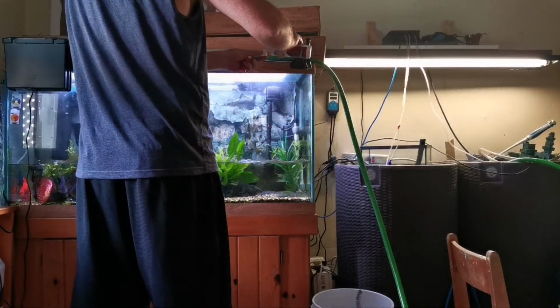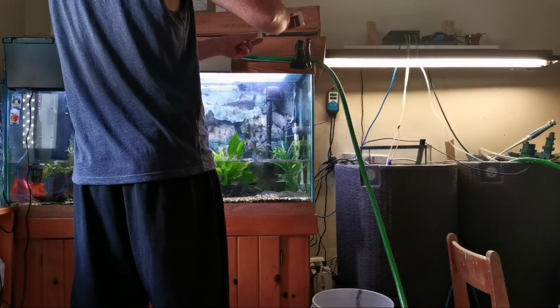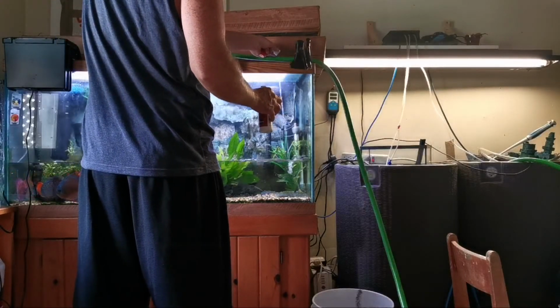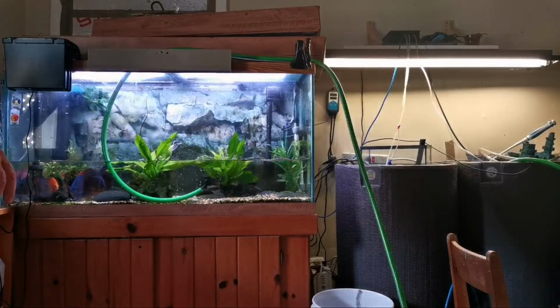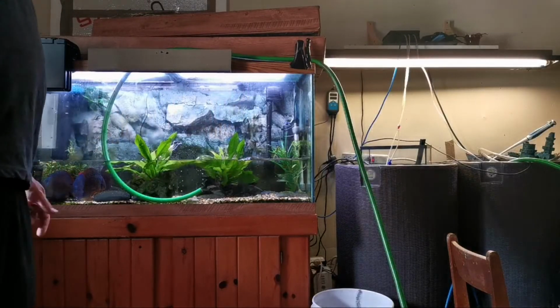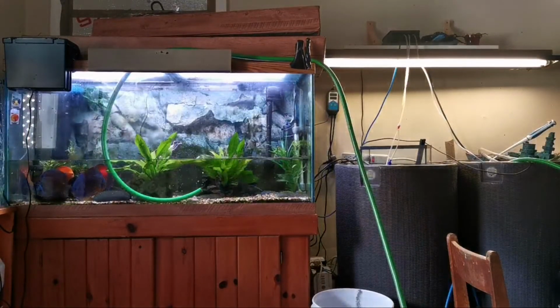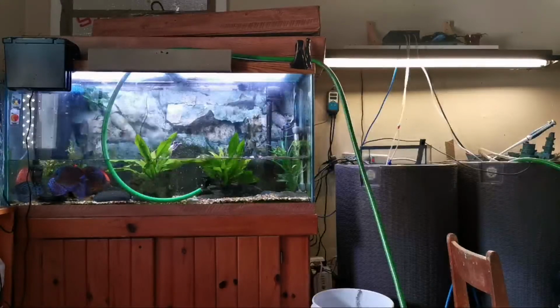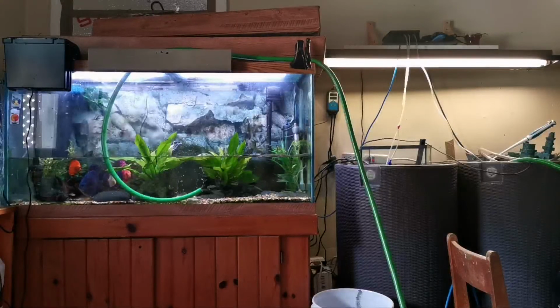Here goes my Prime. This dose makes my overall Prime dose a double dose on this batch of water. This dose is the recommended dose for a tap fill that I just added. The other reason I added it is because Prime detoxifies heavy metals and a lot of stuff, deals with calcium, but the detoxification effect will only last 48 hours. So if you're noticing problems 48 hours after a water change and you're doing water changes every 48 hours because you're having problems, there's something toxic in your system,